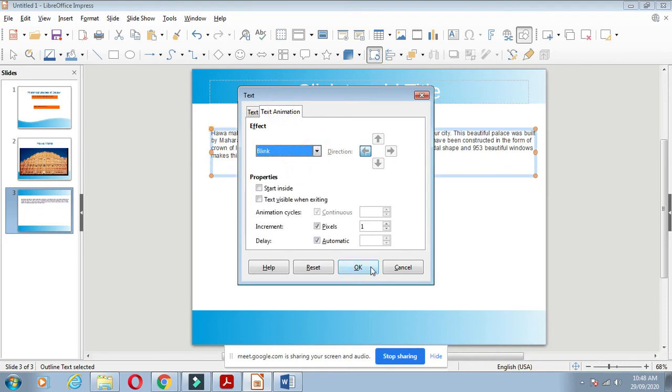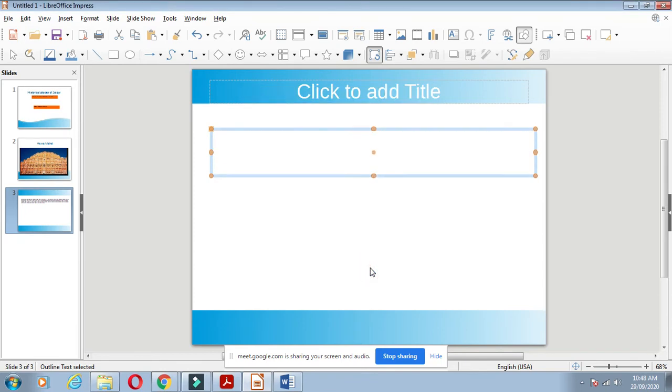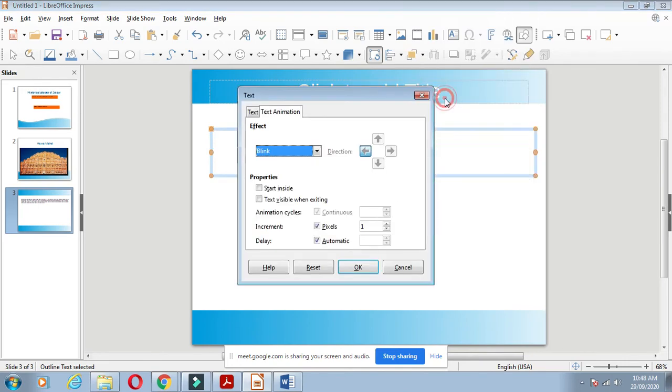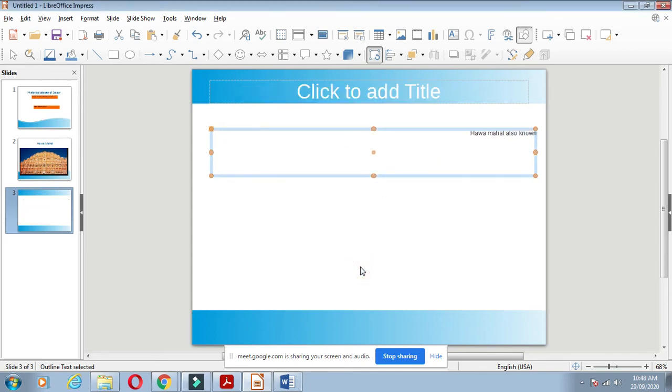It is blinking, means in this way different effects you can apply. Again, you can give another scroll through. Start in this way. In this way you can apply the different transitions, effects to your text, and you can modify your report as per your wish. That transition will be going on.